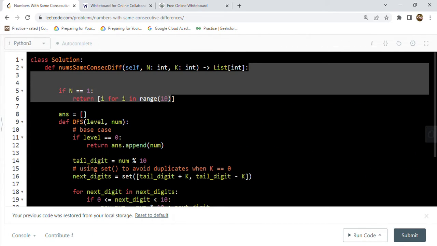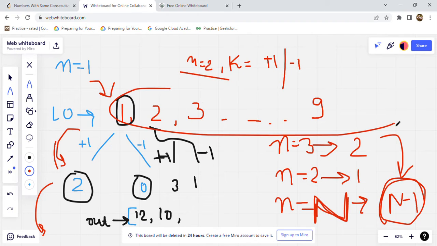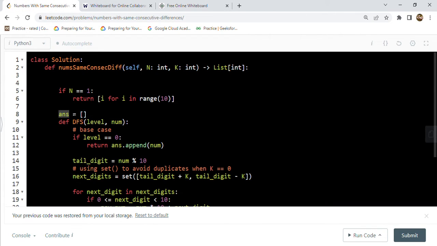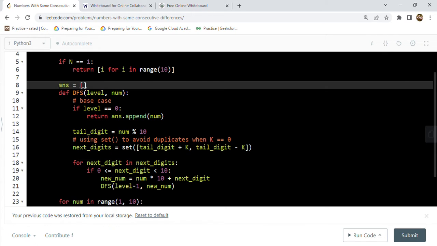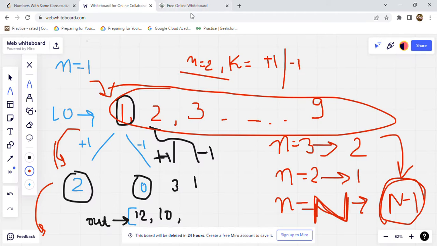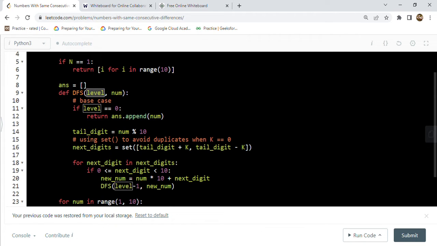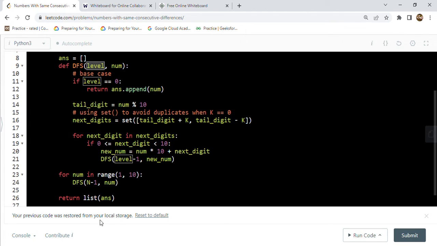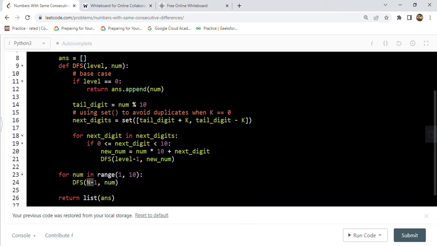Now if n is 1, then we are returning the list 1 to 9. We are returning this list. Then if n is not 1, if n is greater than 0, then we are creating our answer list, and this function DFS. We are doing depth first search. We have written a function depth first search, and we are traversing level number of times. This level number we will pass first as n minus 1, because in the first digit we are getting the range 1 to 9, and then for the next digit we are